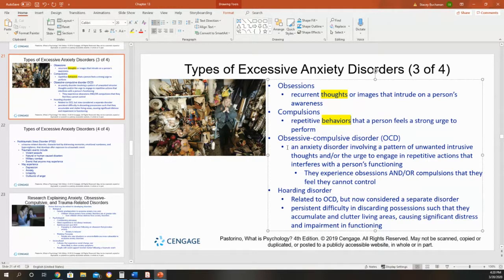While an obsession is a thought, a compulsion is a behavior that a person feels a strong urge to perform. So if your obsession is dirt or contamination, your compulsion may be to constantly wash your hands hundreds of times a day. We all may have an obsession and we all have a compulsion, but when it turns into obsessive compulsive anxiety disorder,